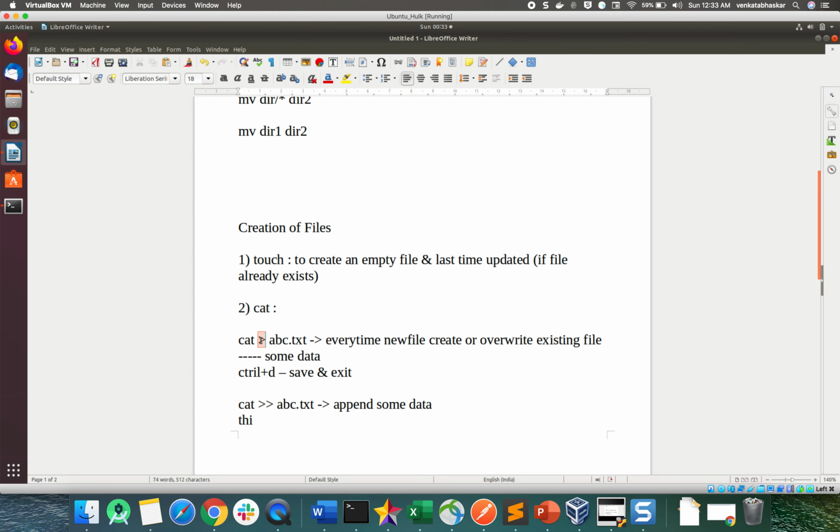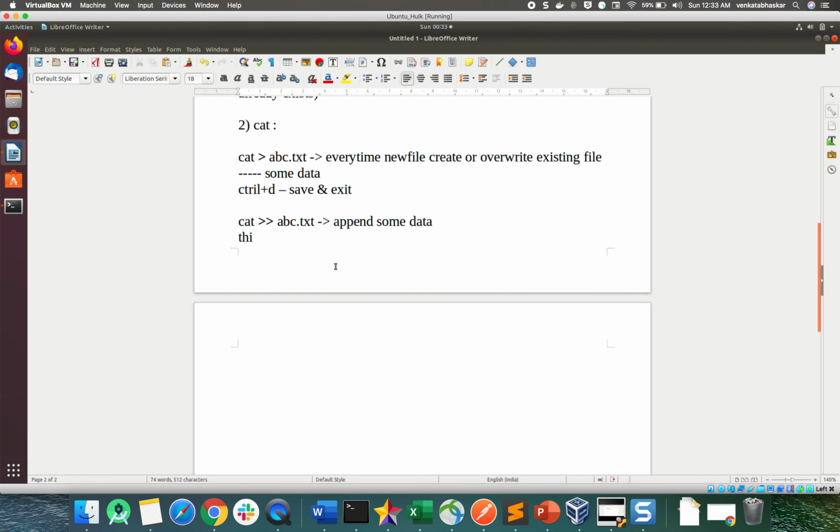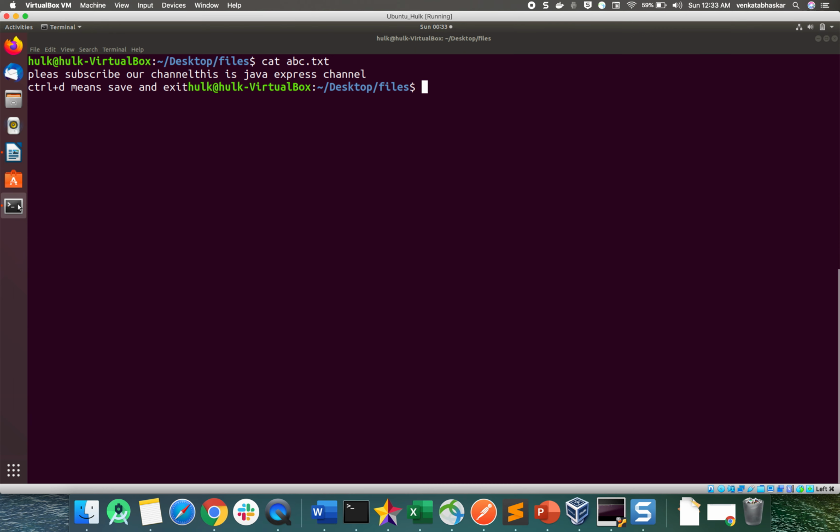This is the difference between the single arrow mark and the double arrow mark. Now you guys are clear about what the use of the touch command is and what the use of the cat command is. Now, if we don't want to use commands and I want to create a file by using an editor, how can I do that?